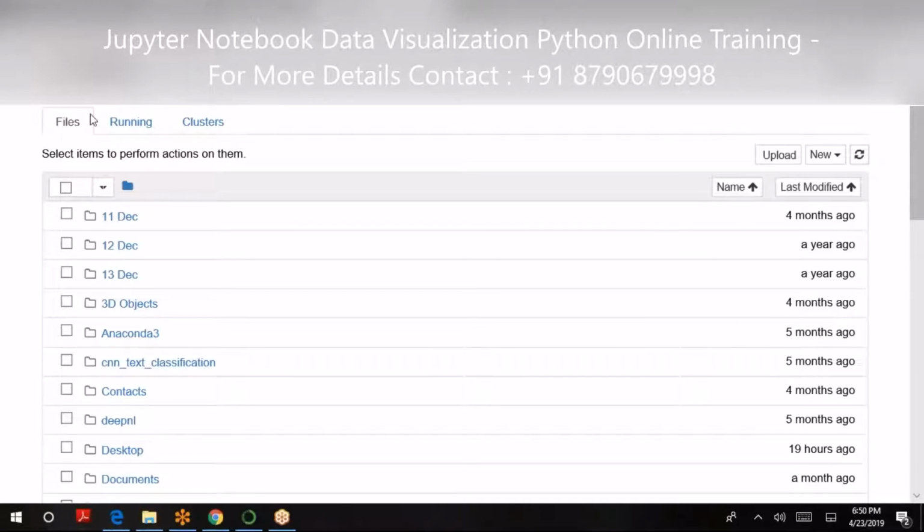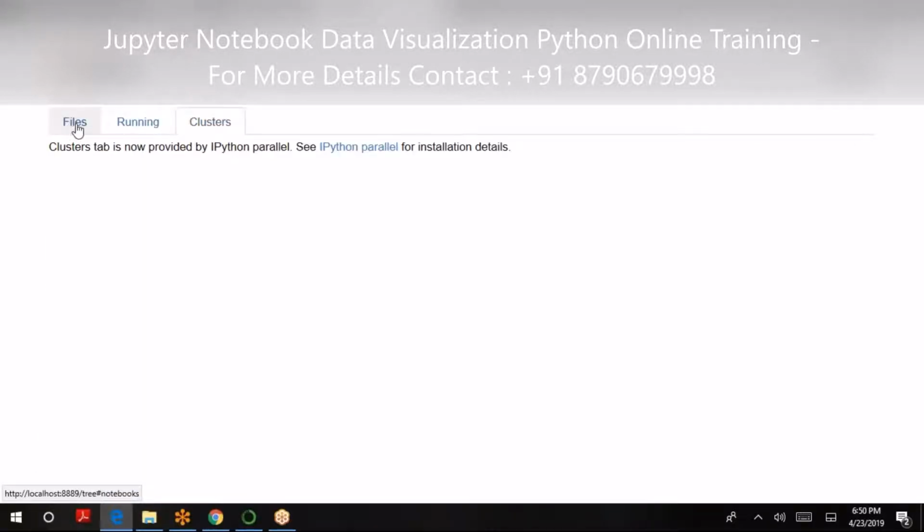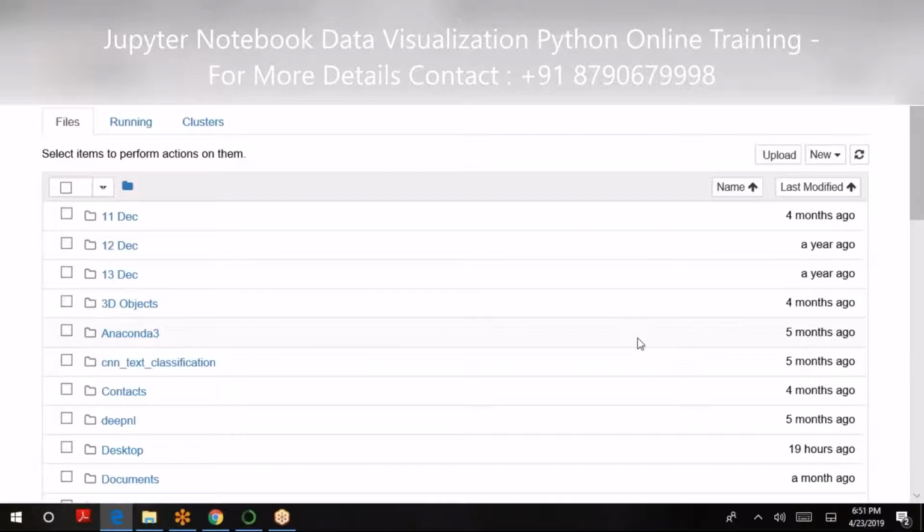Now I have my files, running files and clusters. If I have my earlier program somewhere, I can open up that specific folder.